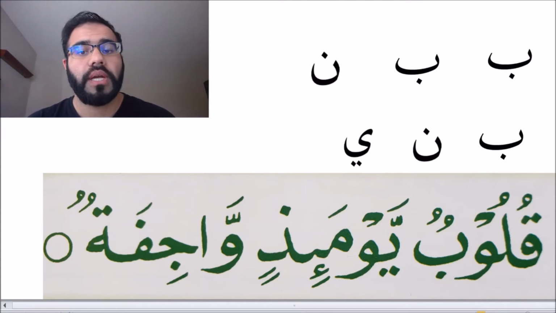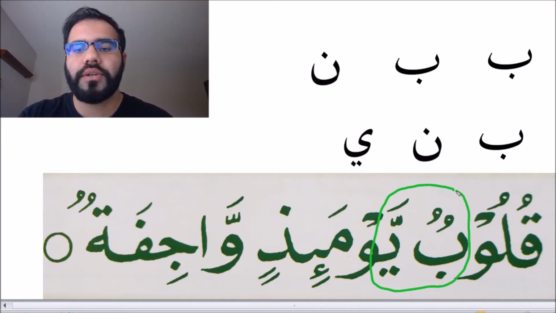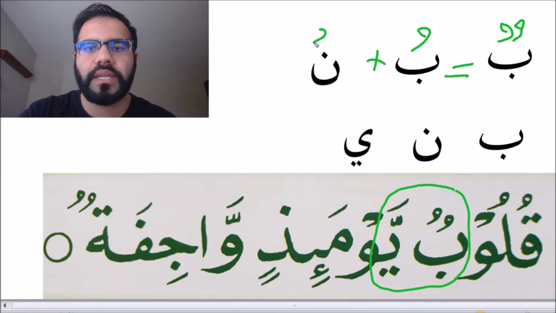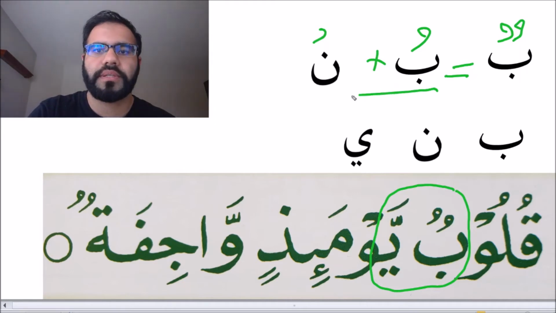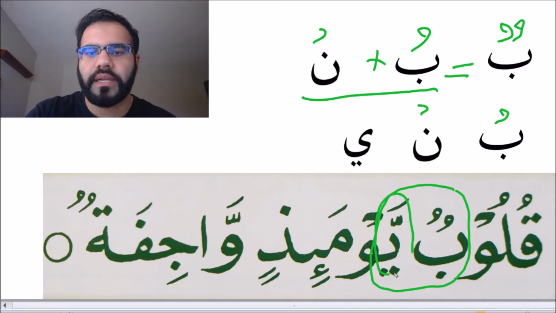Okay, so here we go. This time I want to look at this junction. Okay, the ba with the ya there. Here it is. So this ba has two dhammas on it. It's a little hard to draw. Two dhammas is basically ba with one dhamma, right? Plus a noon sakin. Okay, so now if I just copy this little bit there, here's my dhamma, here's my sukun, and again the ya comes from here. I just draw it up there.